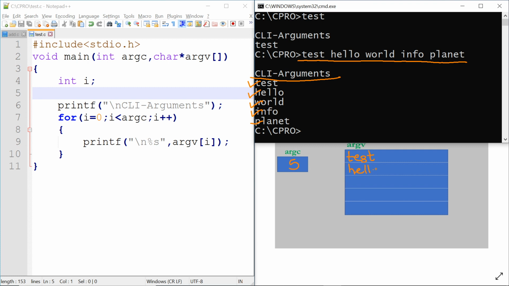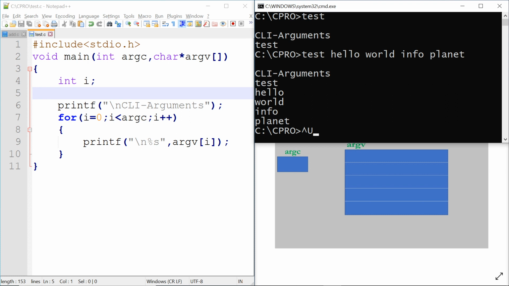This is the memory map I am drawing, that means what is created in memory: then hello, then world, then info, and finally planet. So this is how it collects the parameters that we pass from the command line.